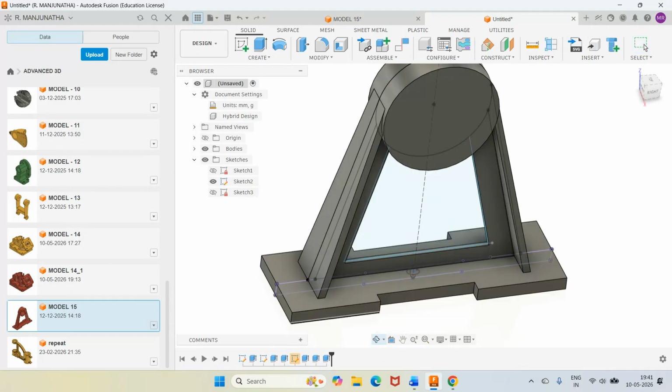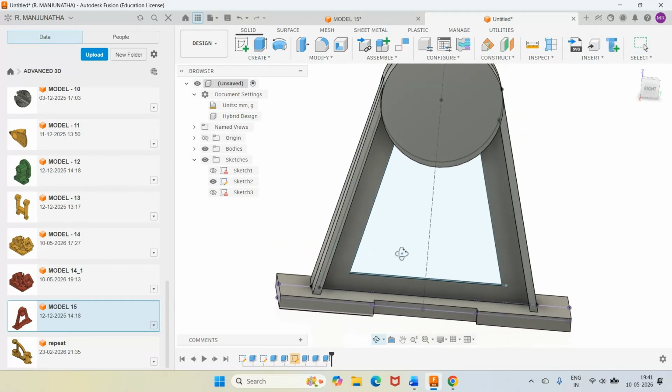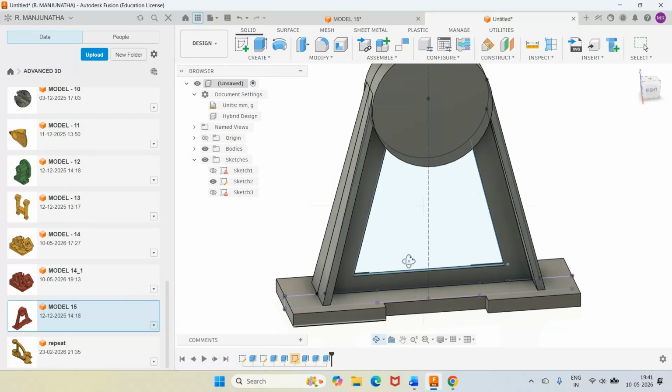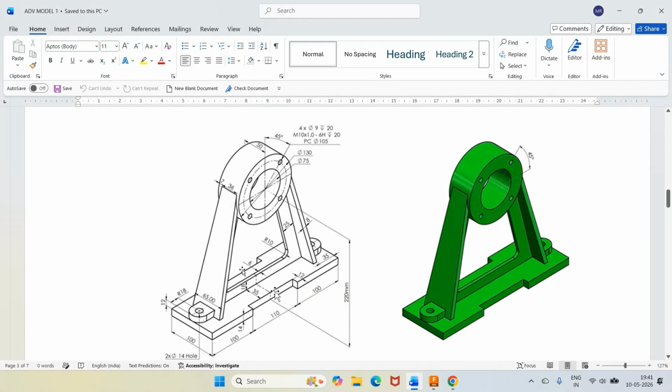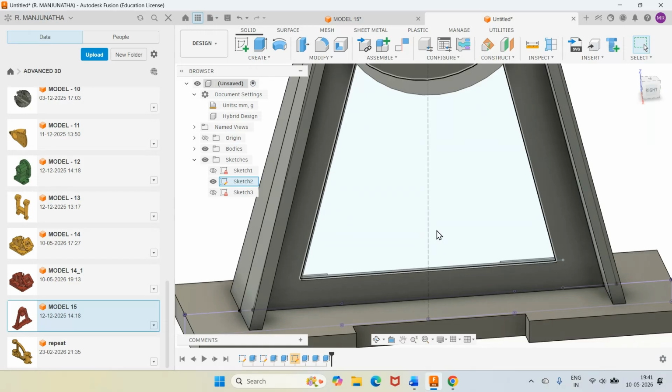Now this entire portion has been completed. The next thing is I want to go for fillet. What is the radius of the fillet here? This radius is 10, on this side and this side. So I will go for